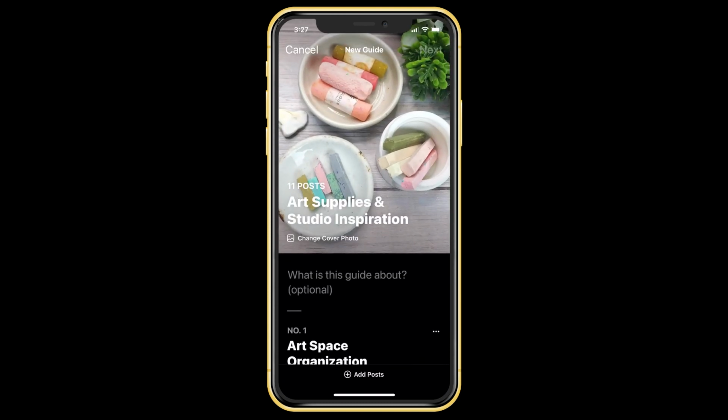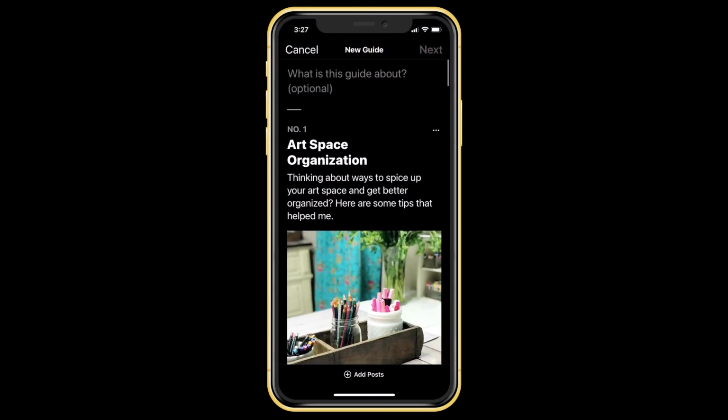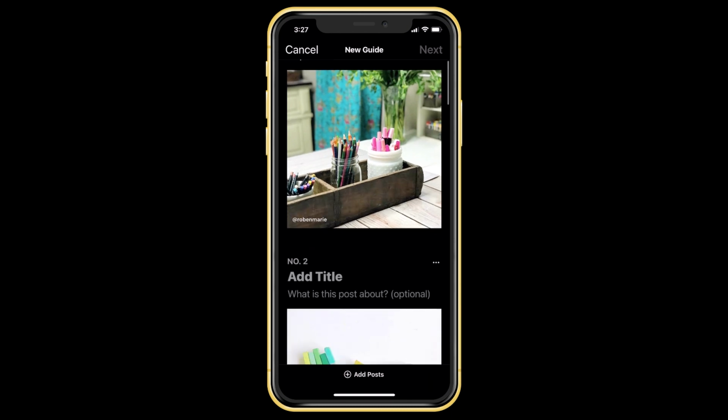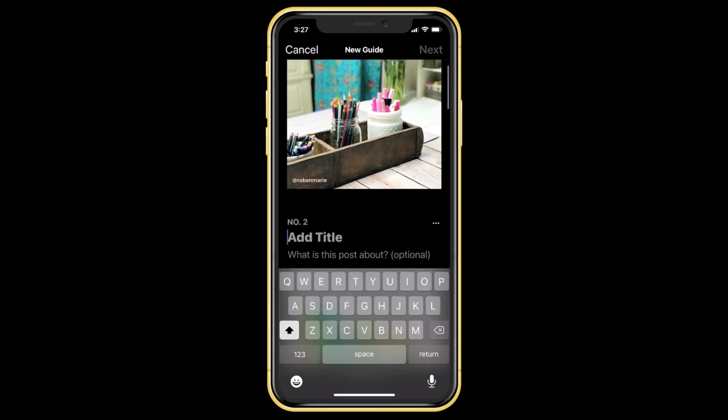I have my title. I'm not going to put anything in there right now about what the guide's about. And then you can see what your options are here for your title for each post, and then give them a little information so that maybe, hey, they'll see that and they'll be wanting to click on it. All right, so what I'm going to do now is go ahead and go in and add titles to the